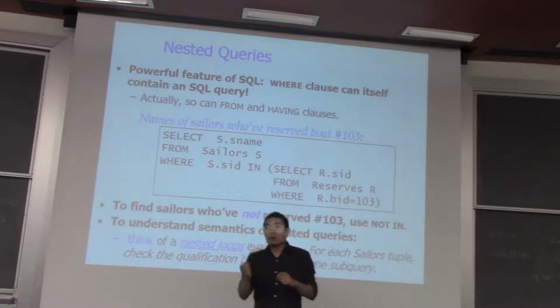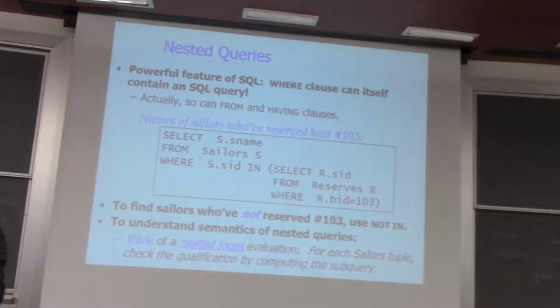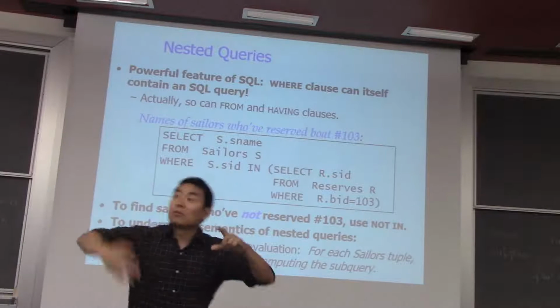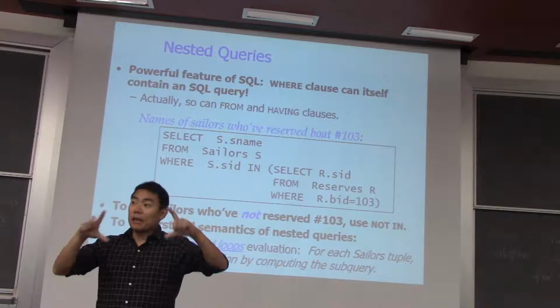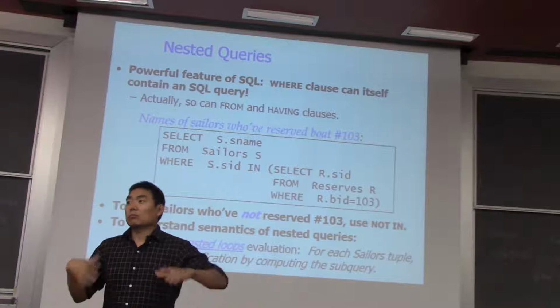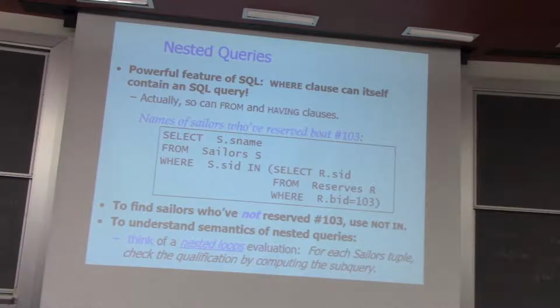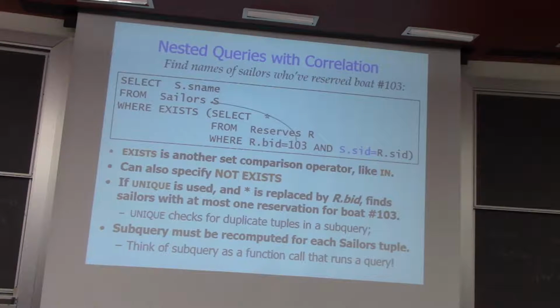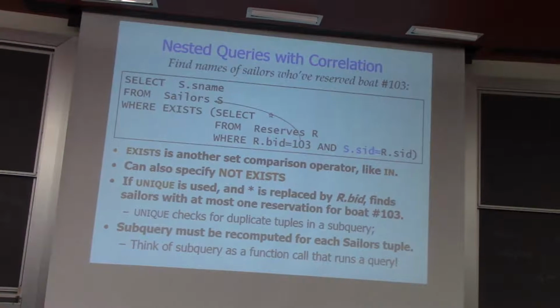However, later on, we will also study another component in the database called the buffer manager. Even if you were to execute this multiple times, once per sailor, chances are the result will be cached in the buffer, and the second time you execute this, it's already in the buffer, so it takes no additional cost. We will discuss the implications of this in later discussions. Okay? So now let's focus on